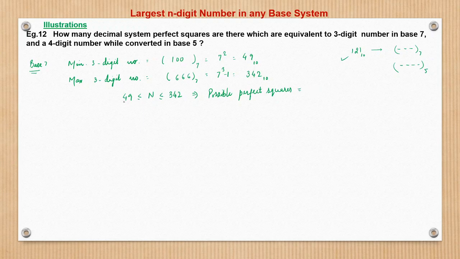This is 7 square, right? So 7 square is 49, then 8 square would be there, 9 square would be there, till 19 square is 361, which is out of this range, 18 square will be in this range, and mind all 49 and 342 is in base 10, so that we can write here. So 18 square. So possible perfect squares are from 7 square to 18 square, that is 12 perfect square